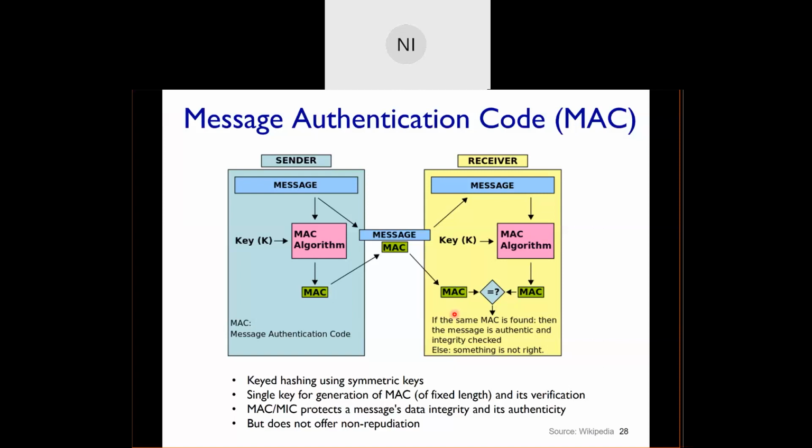Let's assume that Alice has sent the message to Bob, and Bob wants to submit this to the court, stating that so and so was sent to me by Alice. But Alice can deny that she has sent this message, because Alice can claim that no, this is not what I sent to Bob. What I have sent to Bob is this one, and this is the message authentication code of the message that I sent,